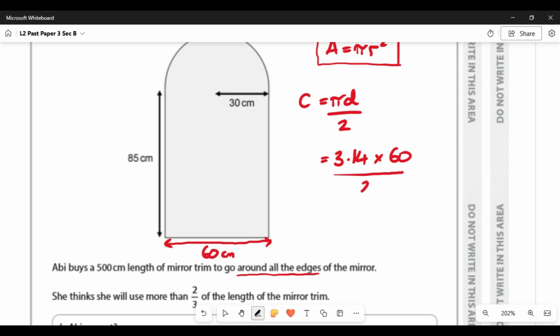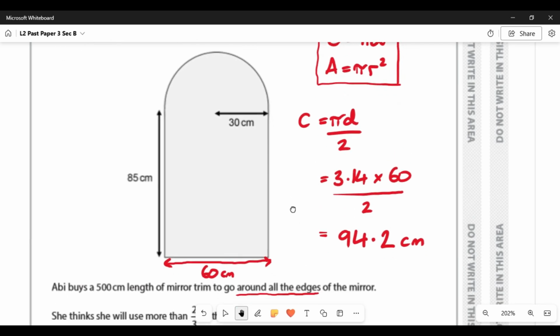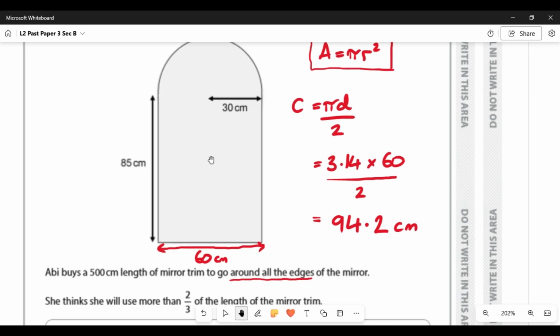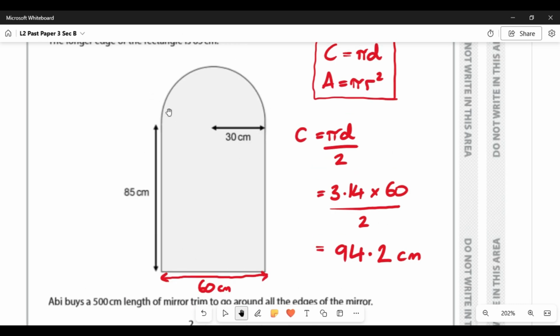And we have to halve our answer. So on the calculator, 3.14 times 60 divided by 2. And you should get 94.2. And that's going to be just centimeters, because it's just to do with the length of the outside of the semicircle. Nothing to do with area. So there's the semicircle done. And now we need to go all the way around this shape so that we get the total perimeter of this shape. So I need to add to the 94.2, I need to add this length here as well,